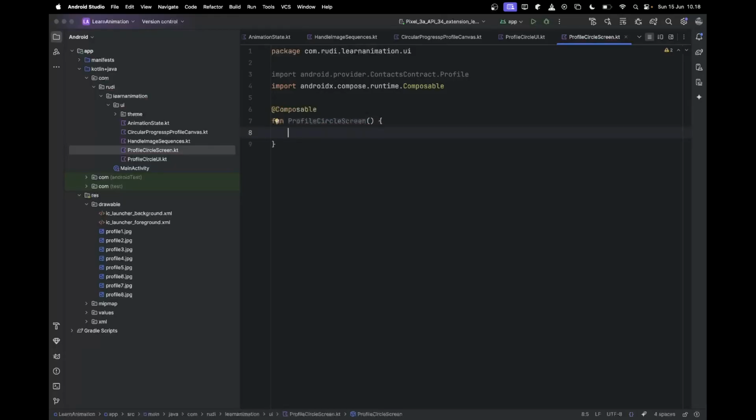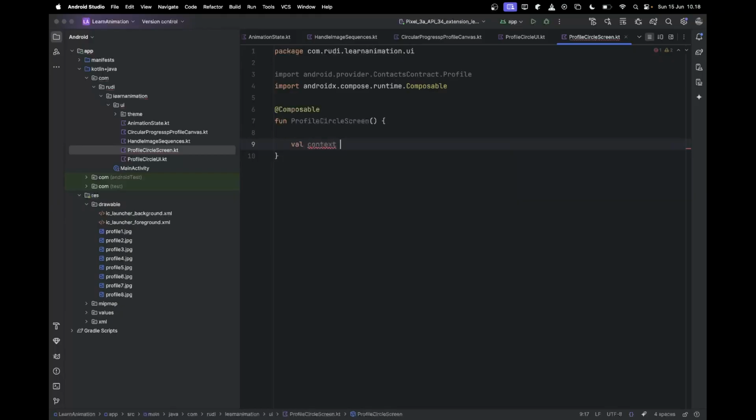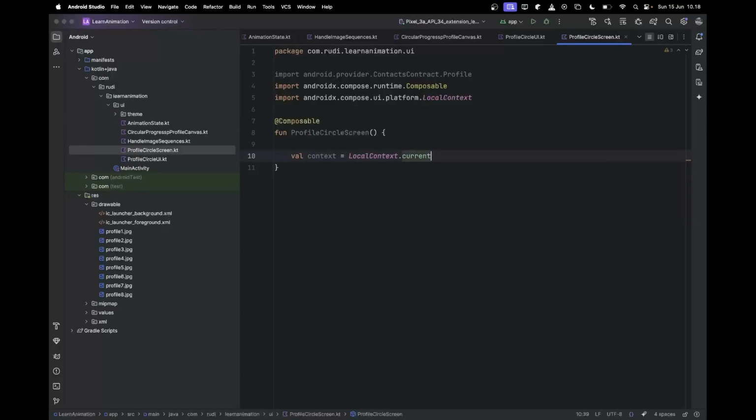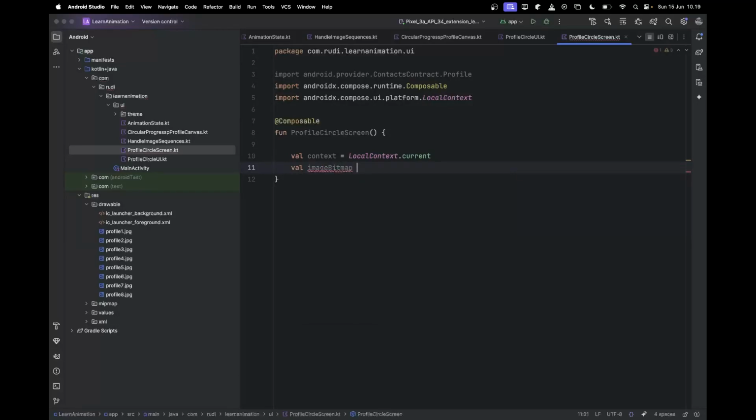Maybe call the contact. Will make the context is equal local context dot current, and for the image bitmap is equal remember